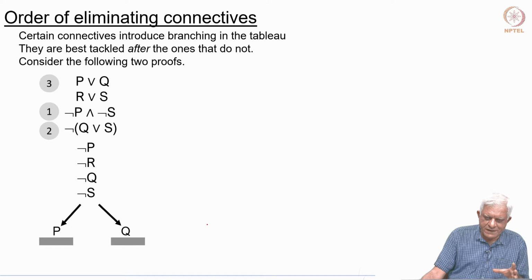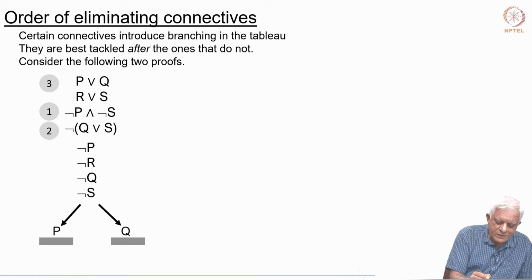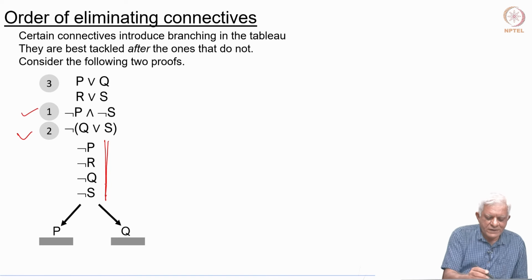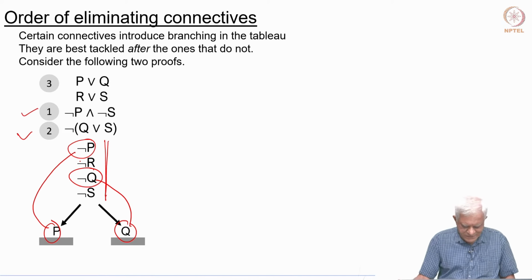This is a compact tableau, and it is compact because we processed the formulas in a different order, not in the order they were given. So, we first processed not P and not S, then we processed not Q or S, and so on. As you can see, they produced a vertical column without any branching. Only in the end we processed P and Q, and then of course, because P is here and not P is here, we could close this branch, and when Q is here and not Q is here, we could close this branch, and it is a reasonably compact